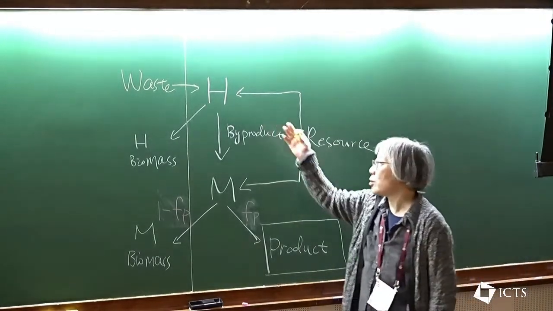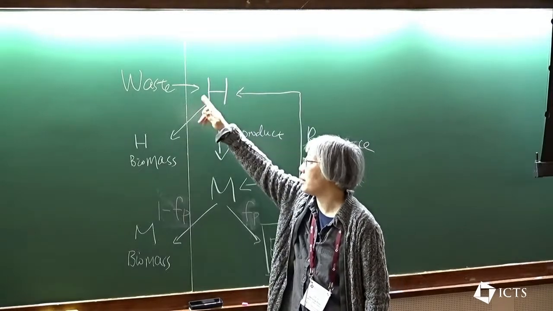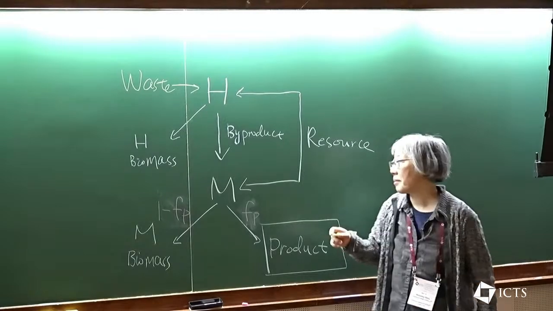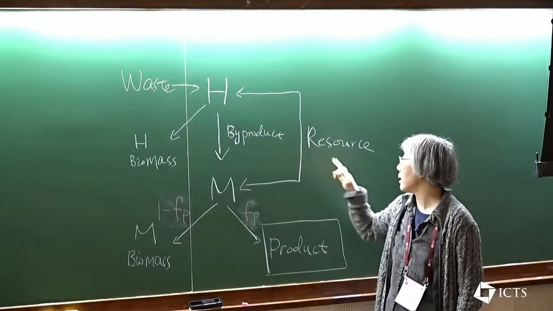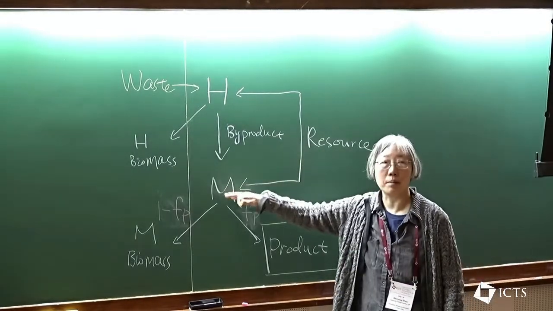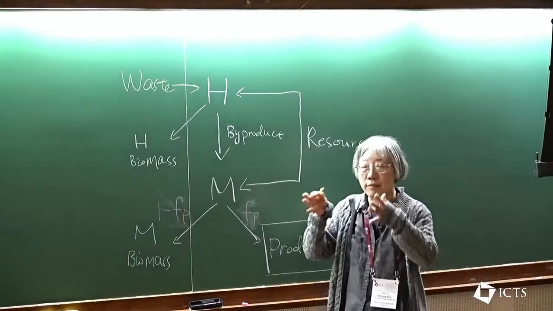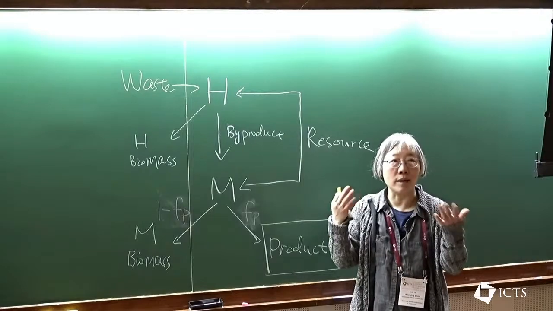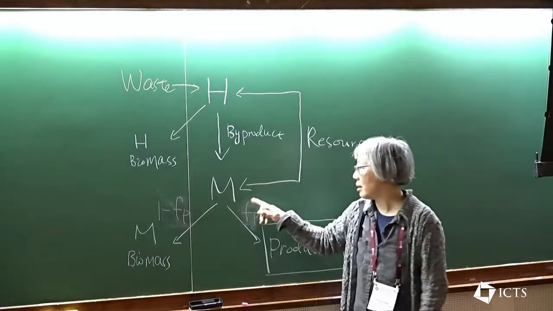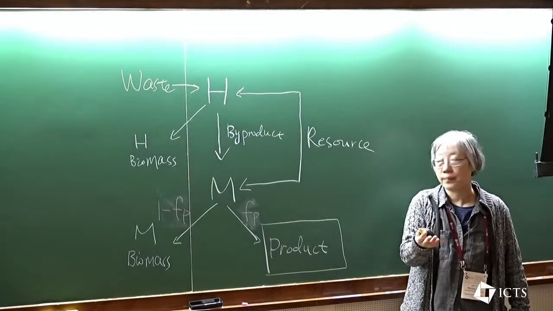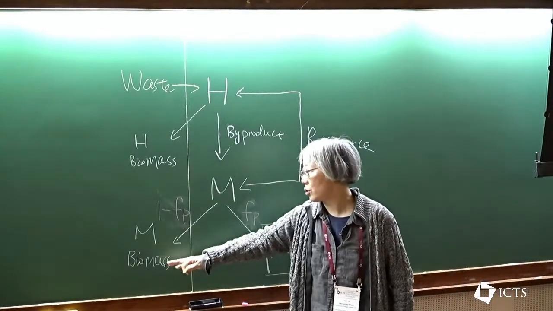The helper degrades the waste and generates itself and some byproduct, like acetate. This byproduct and the resource are then required by the manufacturer, M cells. And M cells make a partition, kind of like a decision: the fraction